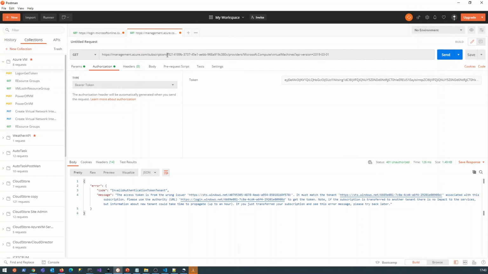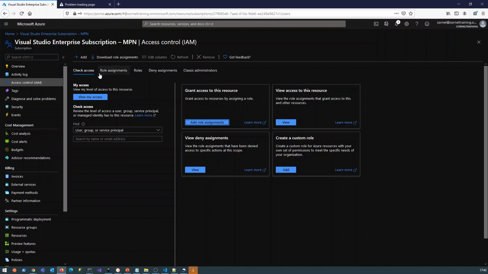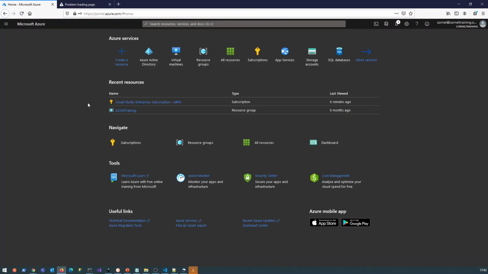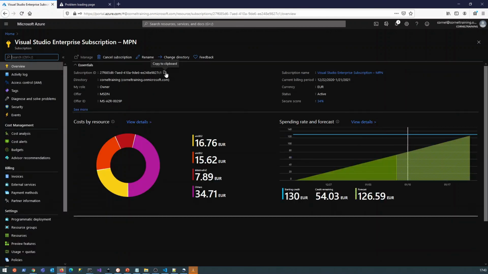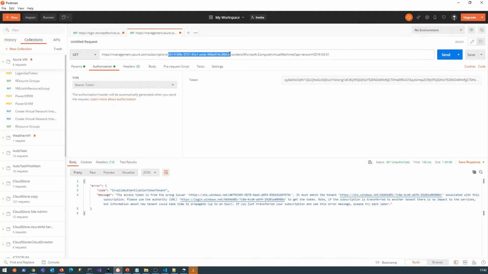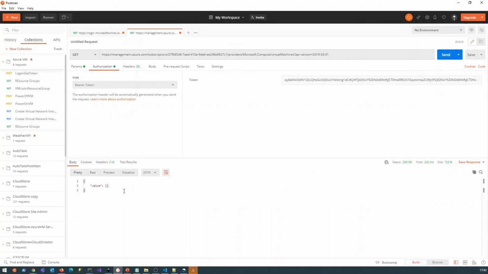So the issue is that the subscription that I have in here is incorrect. So let's just have a look at what the subscription is on the Azure portal. And I can click on the subscription and I'm going to copy the subscription. And let's have a look if we get anything back now. Okay, and we are getting a result, but I don't have any virtual machines in the subscription. So the value is just empty, but it is working. So this kind of wraps up